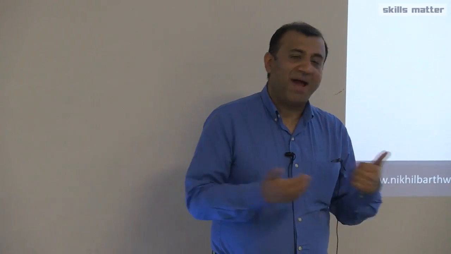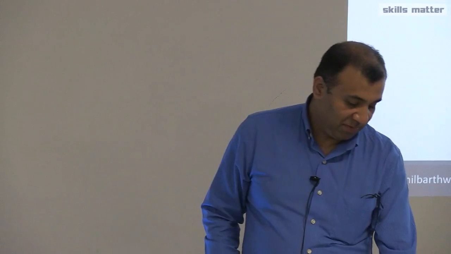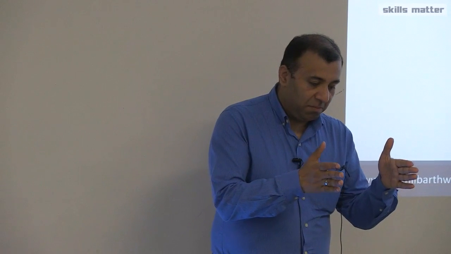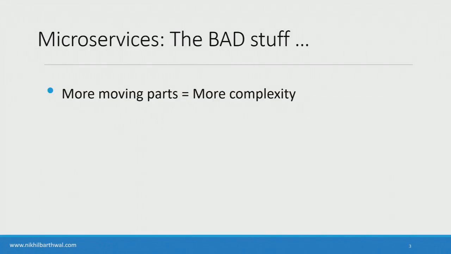But the point that we have to understand is that microservices have a bad aspect to them. Like everything in life, you have some good aspects, you have some bad aspects. And there are numerous problems with microservices. For example, if we have more moving parts, then we have more complexity in the system, and more complexity means more chances of failure. Microservices does generally increase the frequency of failures. Obviously, like I mentioned, there's better resiliency, so if one service fails, it doesn't affect the remaining services. So yes, the scope of the failure is reduced, but the frequency of that failure is actually more.